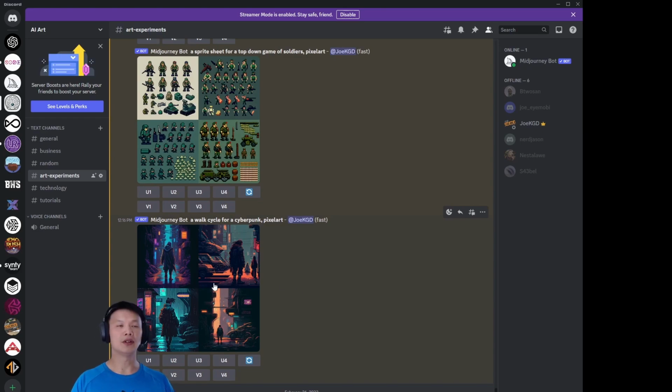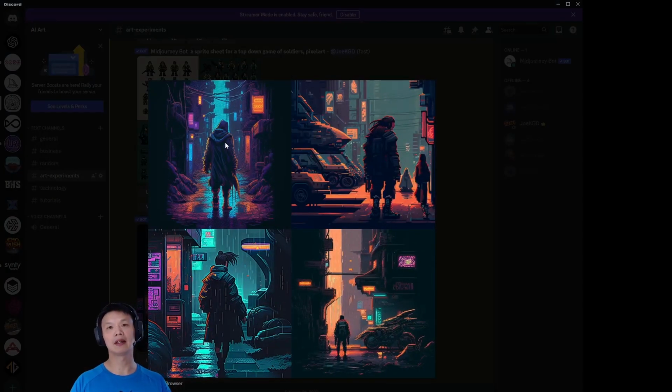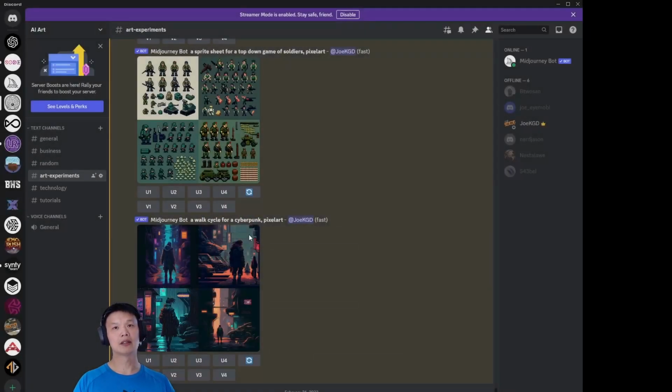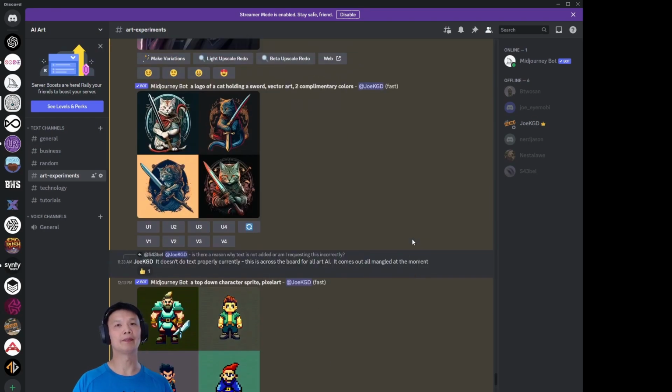Here's something that could be used as a background. So I've said a cyberpunk man walking through the rain, something like that, in a pixel art style. So this is all sort of gamey type stuff at the moment. But